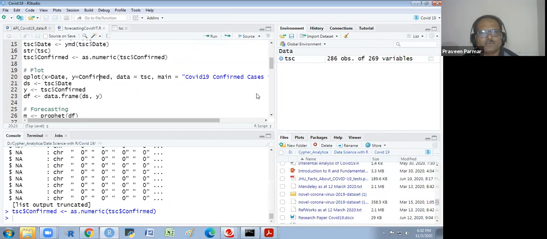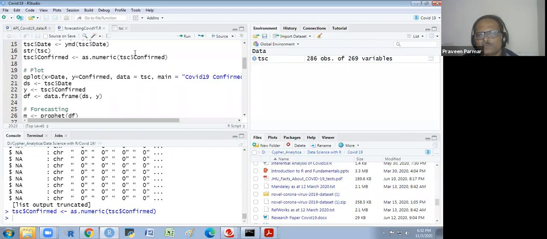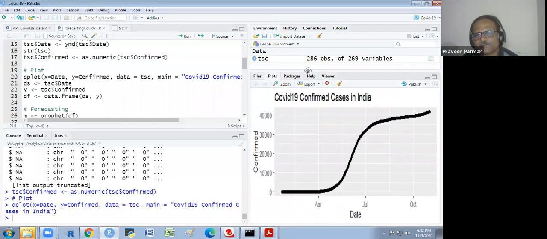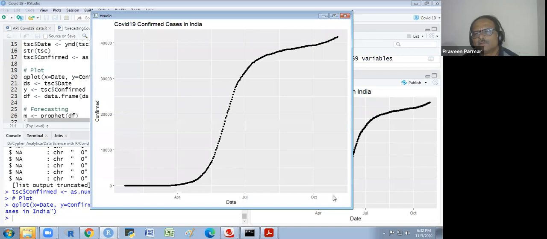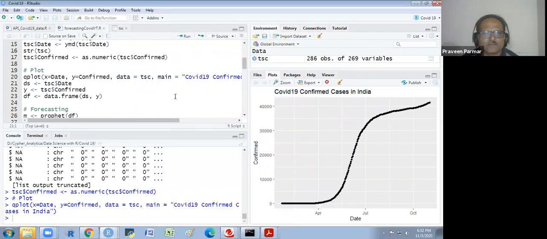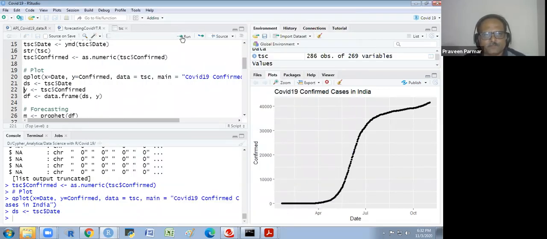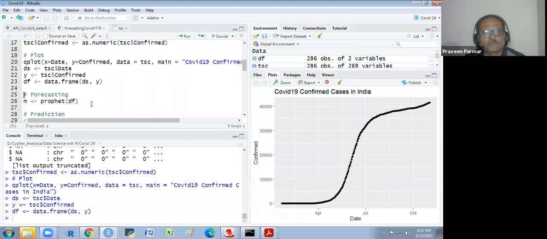I just make a qplot. I'm making a quick plot. This is a part of ggplot, no? Qplot. So you could see this. This is the qplot showing how the COVID confirmed cases in India are going. If I zoom in, you will see in this month we are getting this much, but it is not interactive. So we are not getting the value here. If I put the cursor, there should be a value. So I would make that sort of graph. I will show you that.